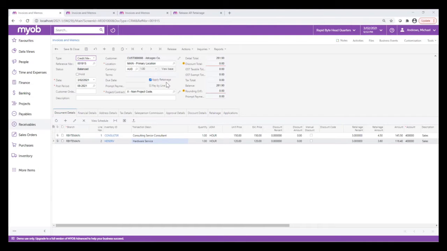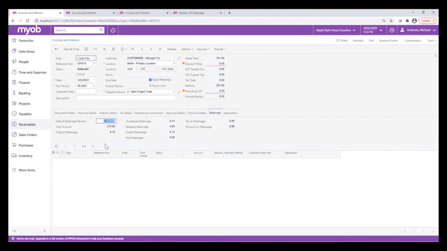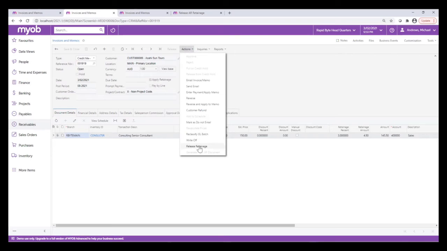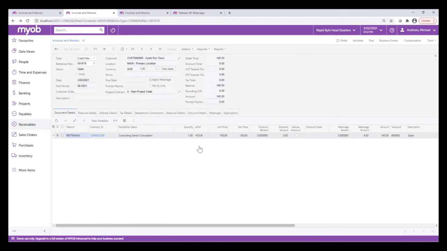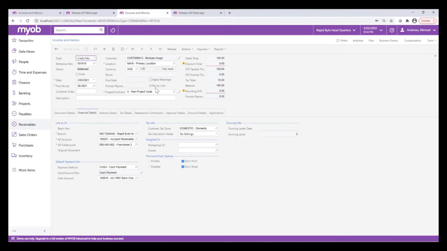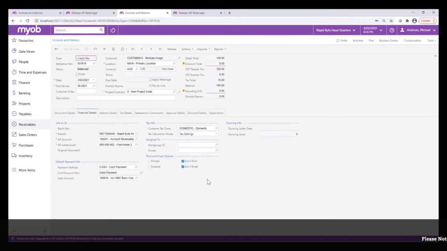When the apply retainage checkbox is checked, the retainage tab appears. When only the apply retainage checkbox is checked, the release retainage command generates a credit memo for retainage. A credit memo with only the pay by line checkbox selected can only be created manually, and it cannot be directly applied onto an invoice or a debit memo. It will have to be done by using a payment application